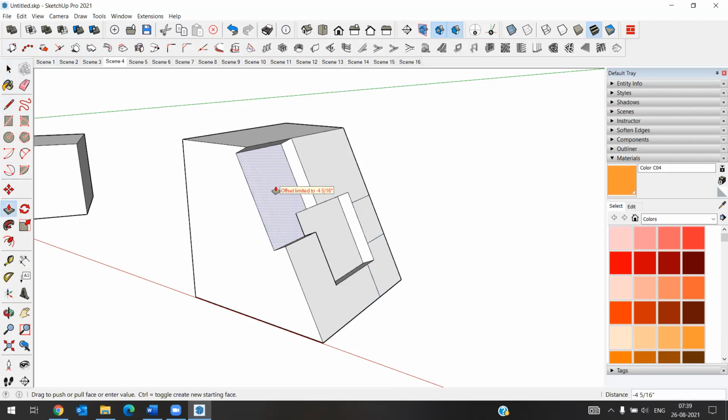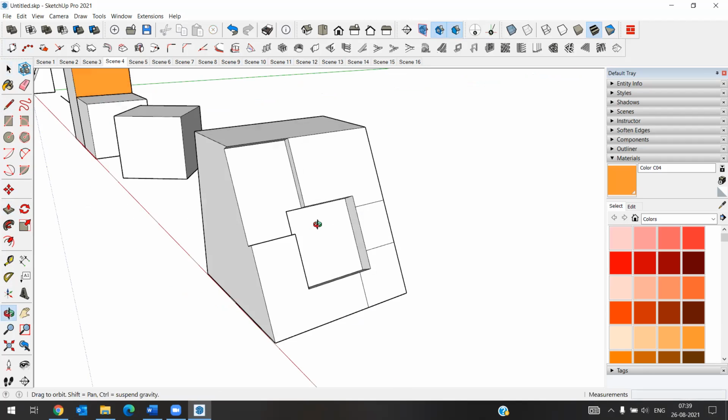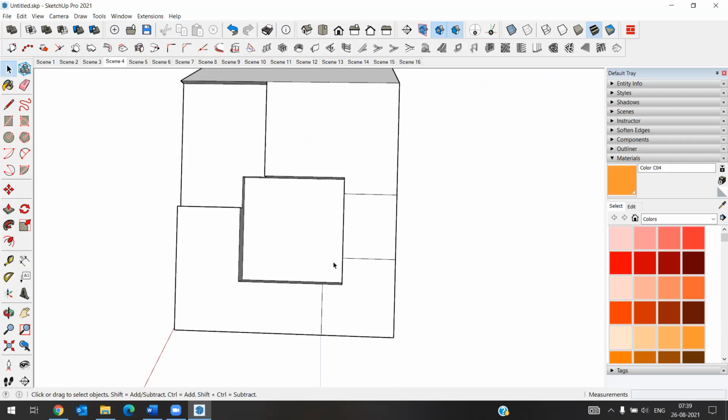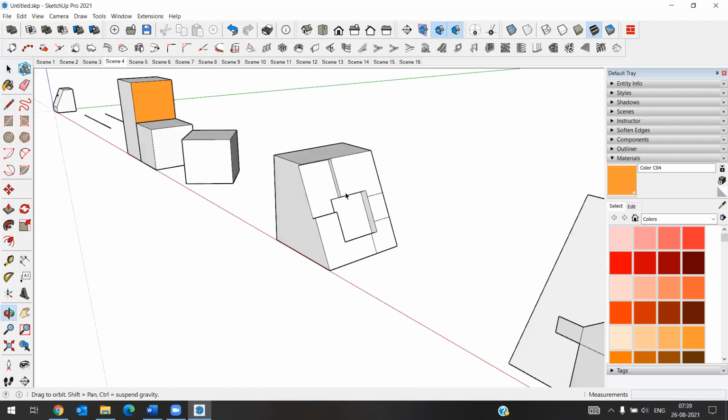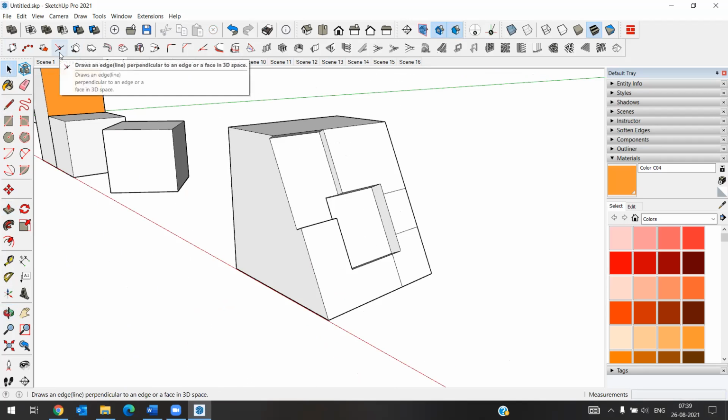So like that we can draw the perpendicular one. Okay, exactly straight to that line. So this is how we will use that perpendicular tool.